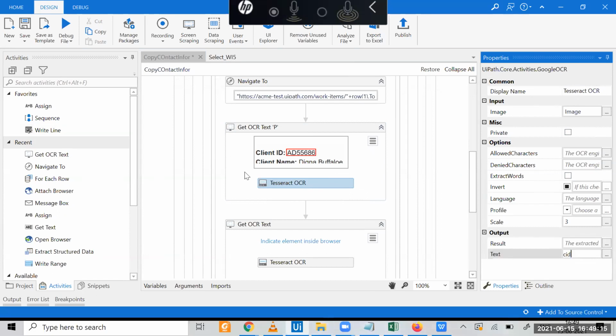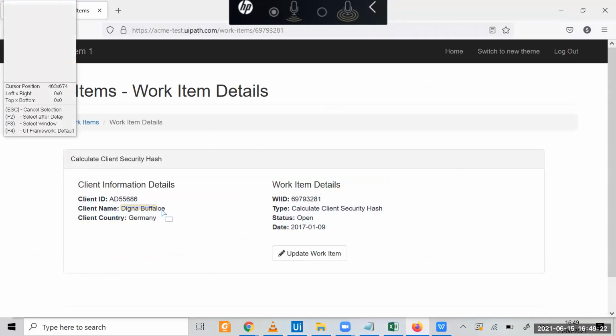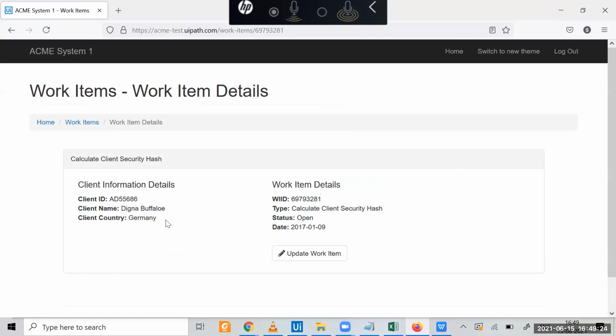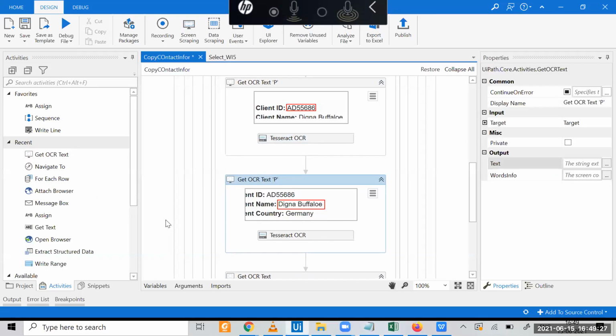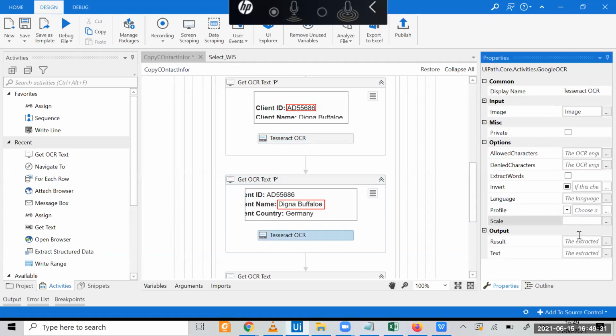Next, this is the name. Scale it up. Scaling will make the process a little slower, but it's okay because sometimes you will get garbage values because of bad quality. So this is my customer name.